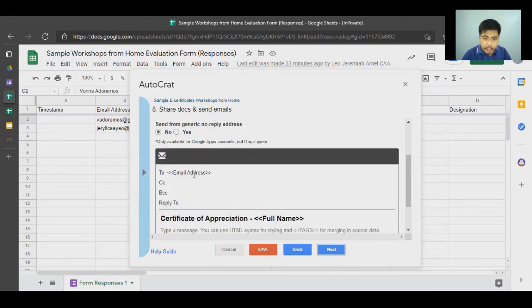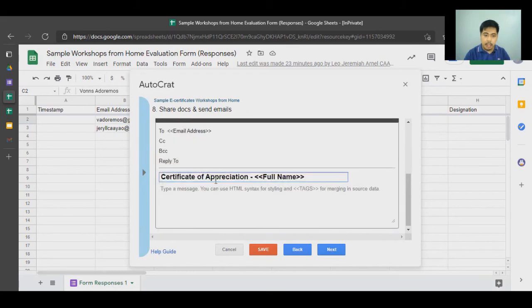So what we do here is we send it to the email address of the participants using their column header, again with the less than and greater than signs. Then here is the title of the email, Certificate of Appreciation, the full name of the participant. And then you can type a short message for them. Say, dear, full name, again, to address them properly, the participant, make it personal for them. Then thank you for attending